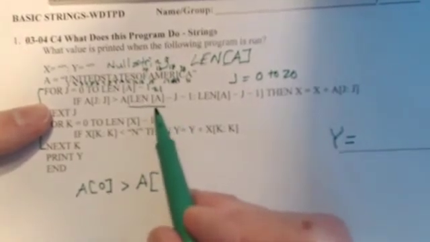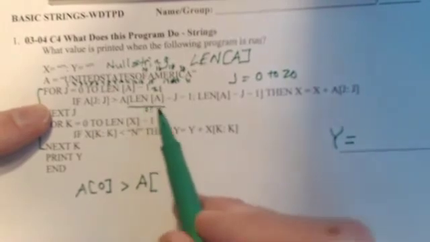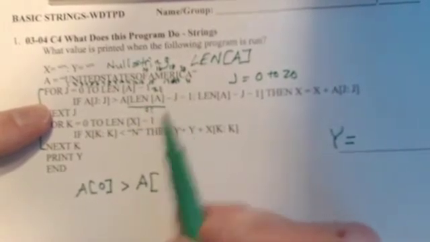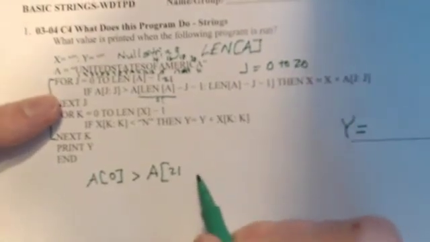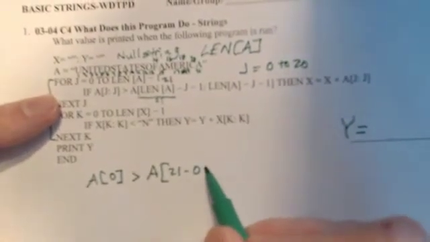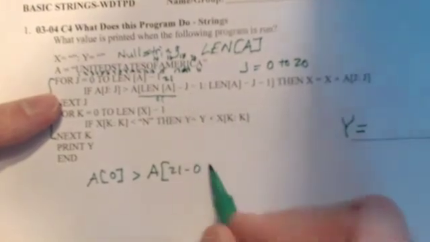Okay, so what was the length of A? The length of A was 21. Minus J, what's J's value? 0. So this is 21. You can see that, okay? Minus 0. Minus